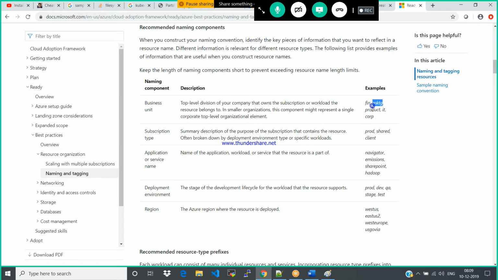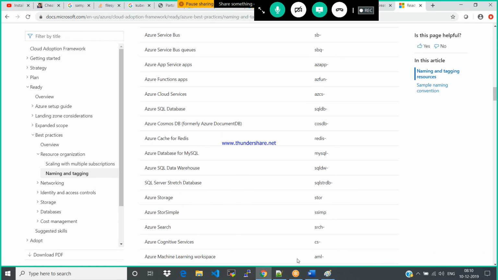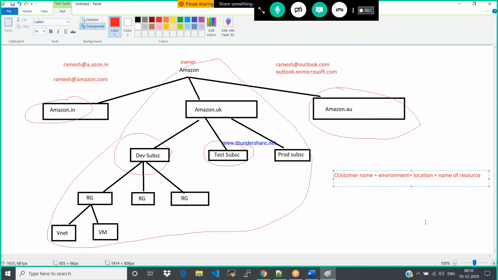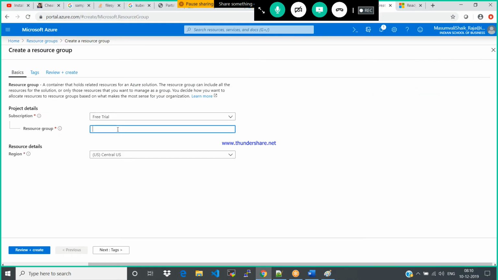Whether it's the name of your customer, subscription, which subscription, production, dev, application, what is the type? Then deployment environment. There are multiple ways, but as part of my experience, I recommend to have the customer name, environment name, location and name of the service. As part of this, what is the name I could give?